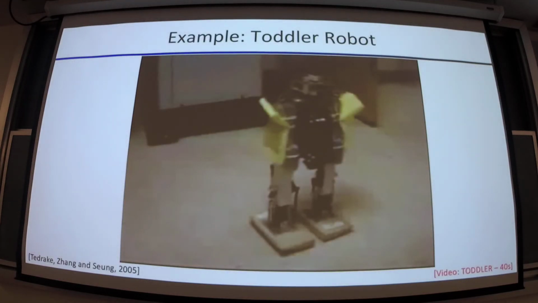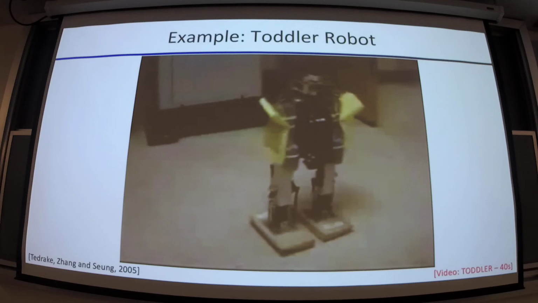All right, here's something that hits very close to home for me. This is a toddler robot. So I have a toddler that does all kinds of toddling at home, and so I used to watch reinforcement learning from a biological sense in action. He hits his head on stuff way more than I would think would be the right answer, but I guess that's the exploration versus exploitation issue. But anyway, back to robots.